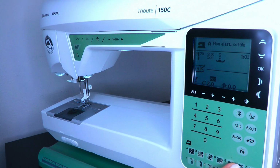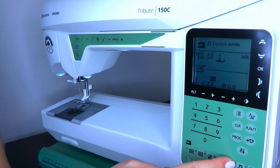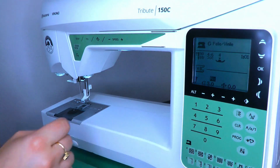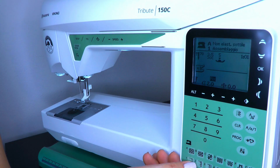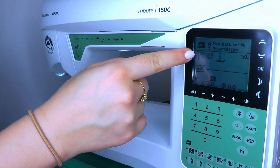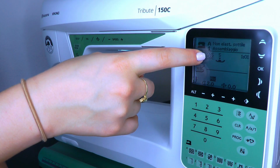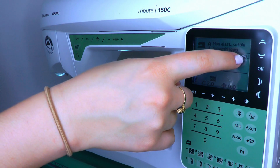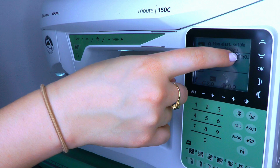Here there are different buttons to choose the fabric and the kind of action that you want to do. You can set elastic fabric or not, the thickness and the leather. Then you can choose normal sewing, finishing touches, buttonholes and other sections. The machine will suggest to you the best stitch for what you want to do with your fabric. The machine will also suggest the kind of needle, the tension of the row, the pressure of the foot, and other tricks. Other information